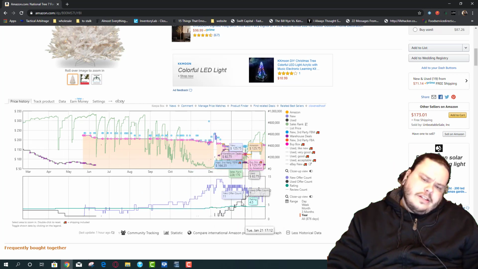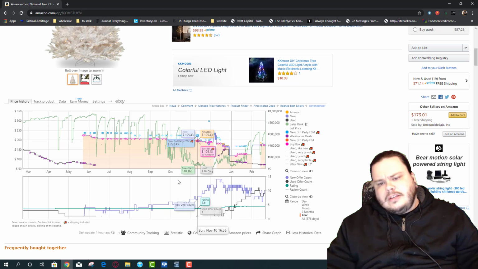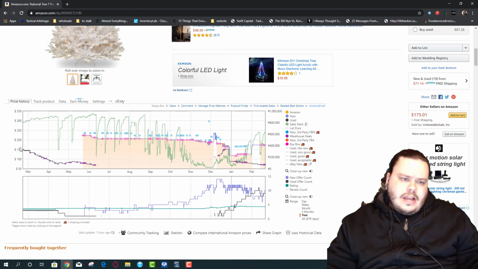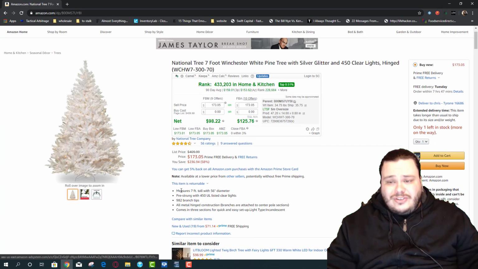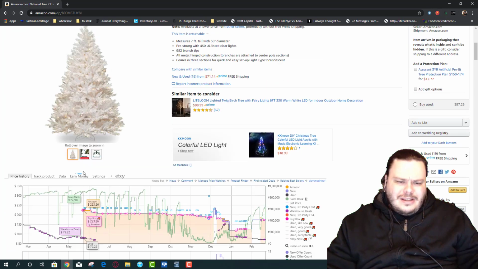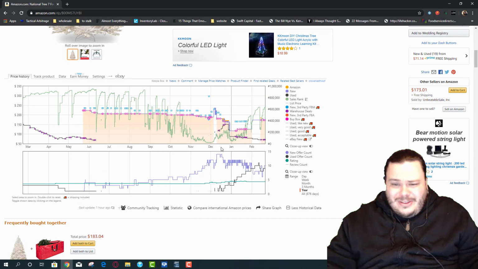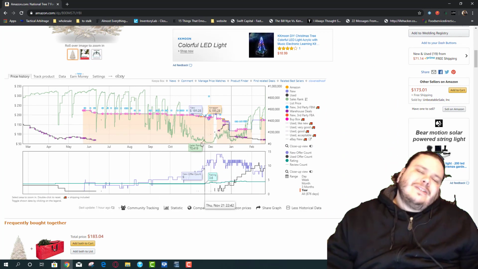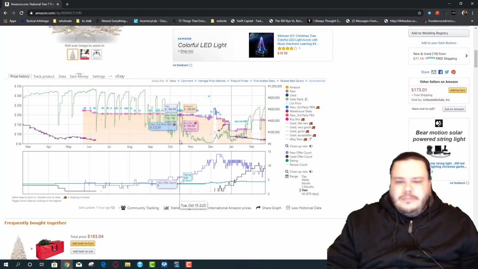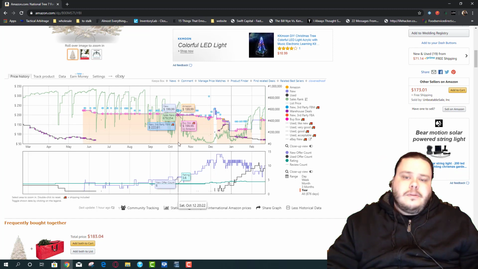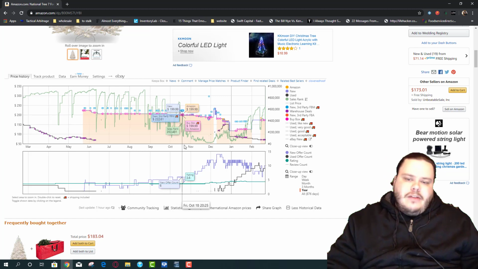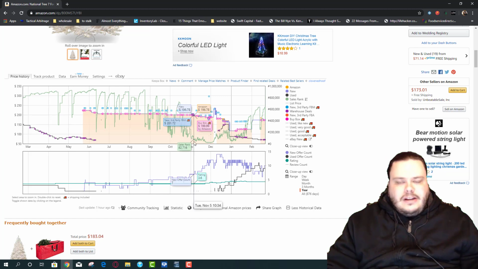Okay, so the offer count on this fluctuates, so that's good. Right now, I probably would not buy this unless I got it dirt cheap, like $20. Pretty sure this is a different one from the other one. But again, this is why looking at Keepa is so important, because if I would have looked at this in October, I would have been like, nah, it's not a good buy. Bad pricing, bad rank, but then less than a month later, great rank.